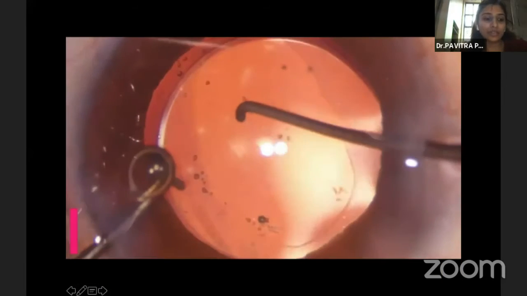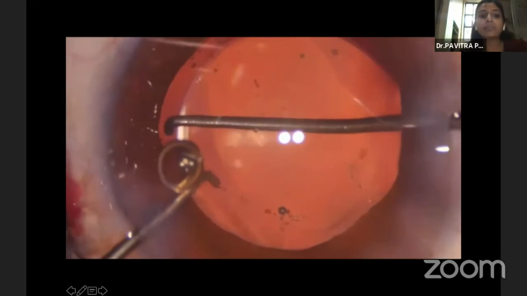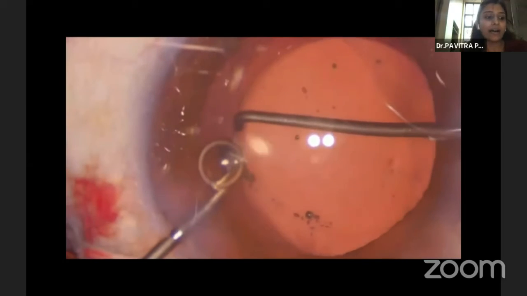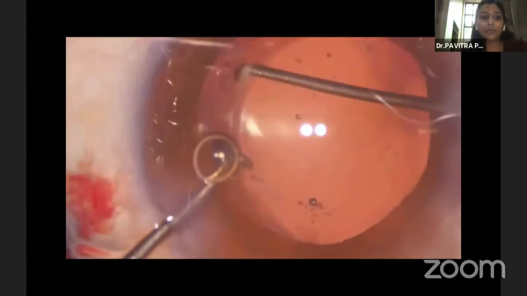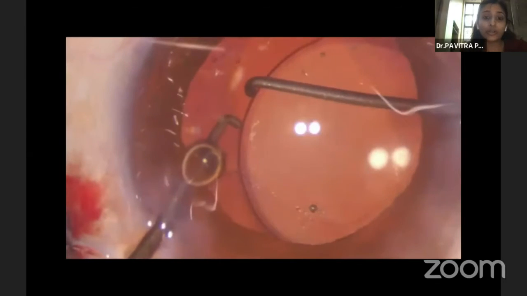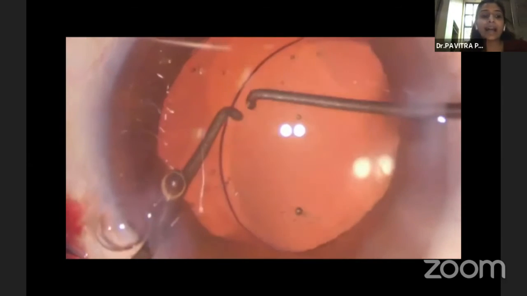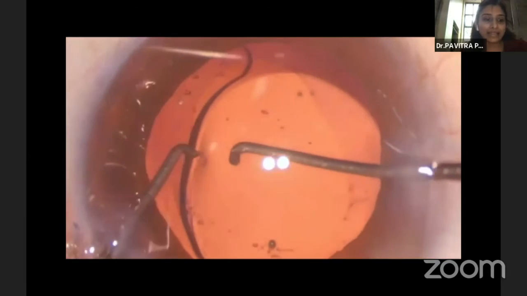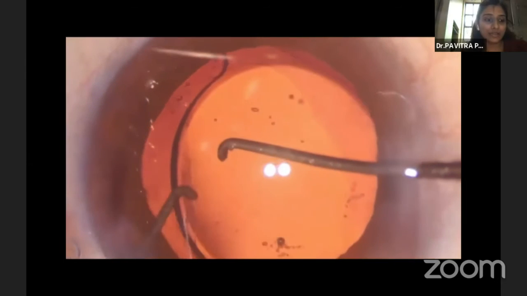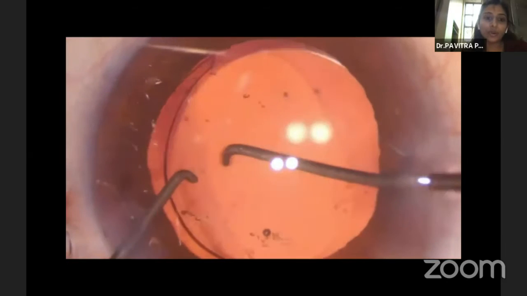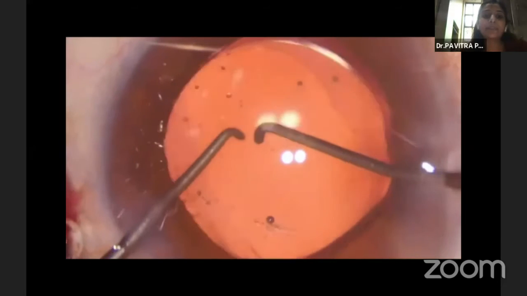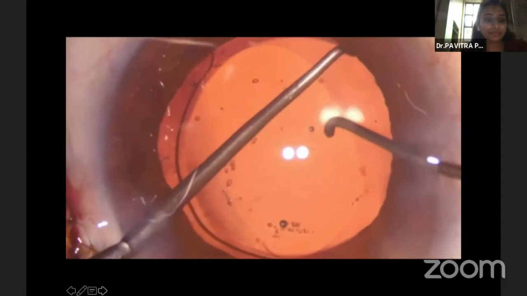Written informed consent was taken prior to the surgery. Surgery was done by the same surgeon, and Alcon Acrysoft toric IOL was used for all these patients. The implantation was done through a 2.2 millimeter incision. For the toric IOLs that had rotated, we re-rotate the IOL to the axis of implantation and then bring one edge of the optic, as seen in this video, onto the rhexis margin. Then after ensuring the alignment, the other edge of the IOL was also brought anterior to the rhexis margin, keeping the haptics in the bag.